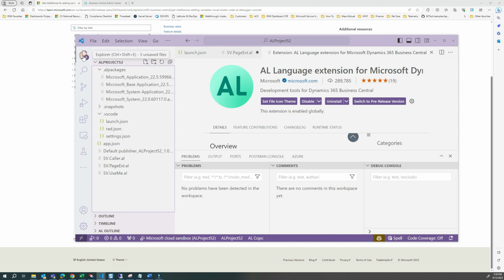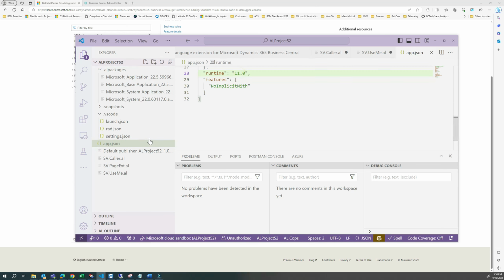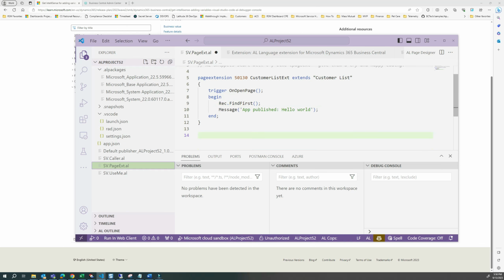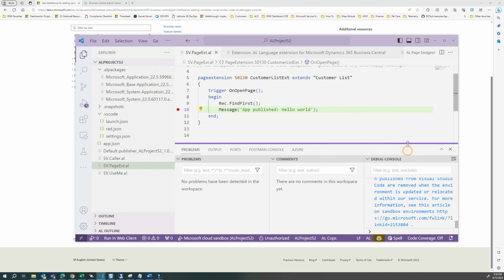So I'm on runtime 11, as you can see here. I'm on a released version of the AL compiler, and I have the famous hello world here. I'm going to put a breakpoint on line 10, where the message line is, and I will publish with debugging, waiting for the browser to pop up, and it did pop up,